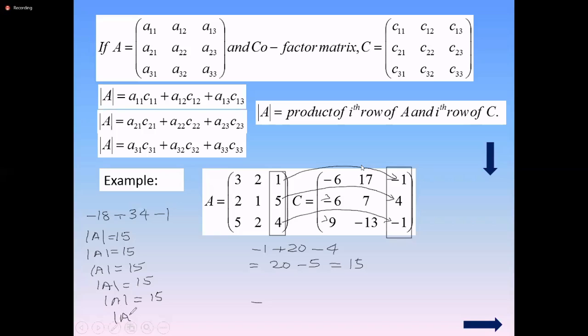So the determinant can be calculated very quickly if you know the cofactor matrix of the given matrix. After you do the calculations for the cofactors and the given matrix is already there, you can calculate the determinant value